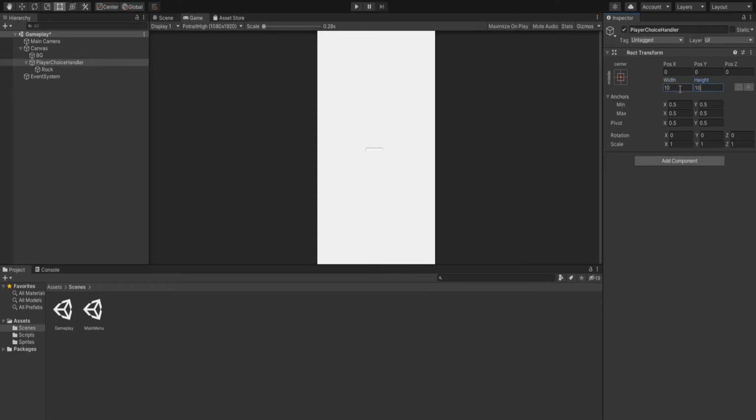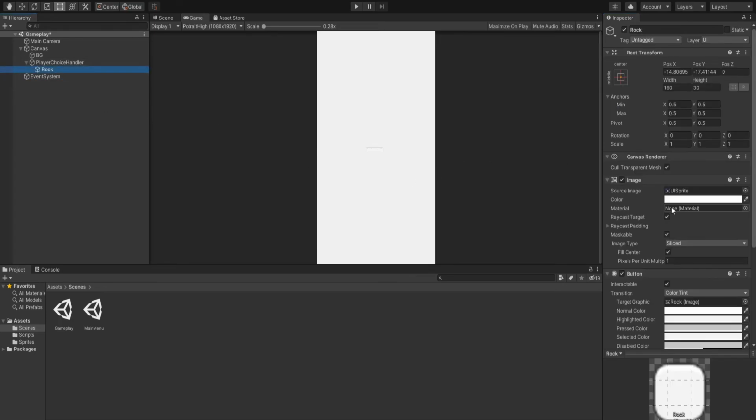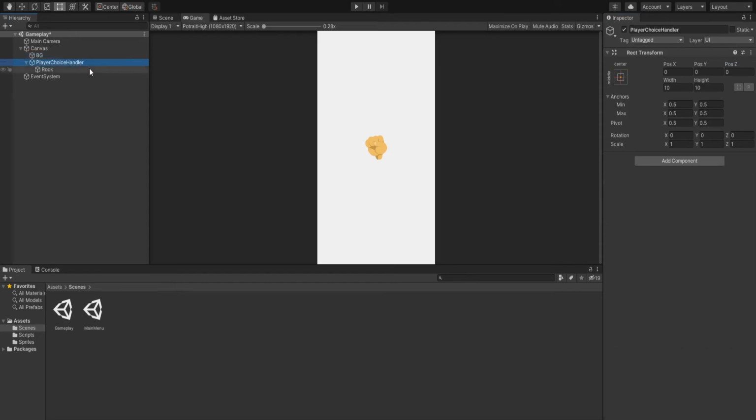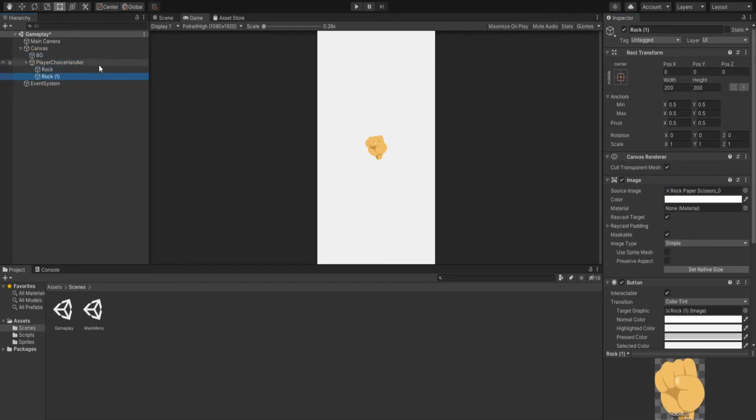Set it to 10 by 10, so it's in the scene, and for the rock we'll set the width 200 by 200. And for the sprite, we add the rock sprite from rock paper scissors. This one is the rock, and depending on the player choice handler, we'll set its position. Duplicate it